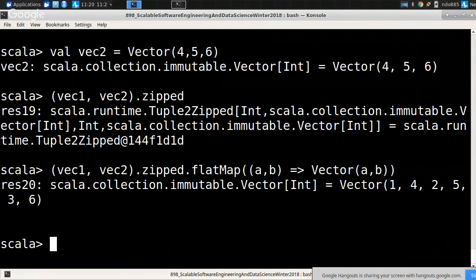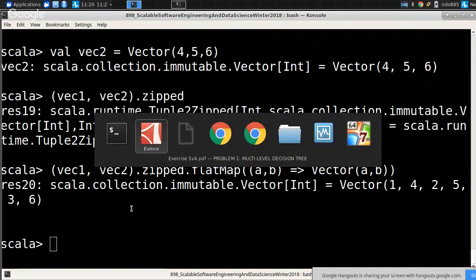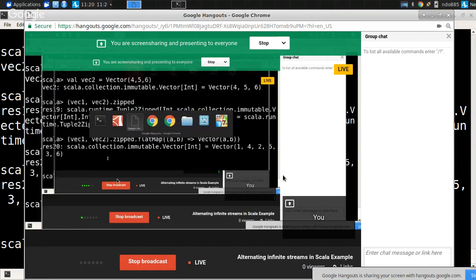Okay. Any questions on this before we go on to primes? Collections before primes? Okay. Then if you won't object to it,